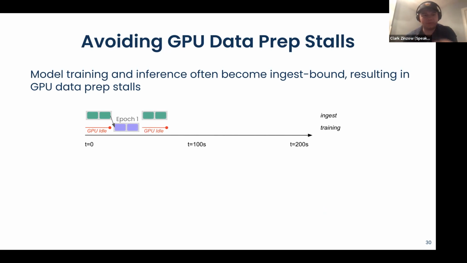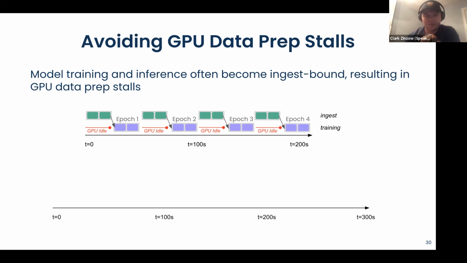Then we finish training for the first epoch, but only then do we start ingest for the next epoch. All of these little idle GPU gaps are pretty unfortunate, because your ingest might be done on CPU nodes, and those CPU nodes are sitting idle during training, and your training is done on GPU nodes, and those GPU nodes are sitting idle while you're doing ingest. So you're wasting money across the board, and you're having to wait longer for training to finish.